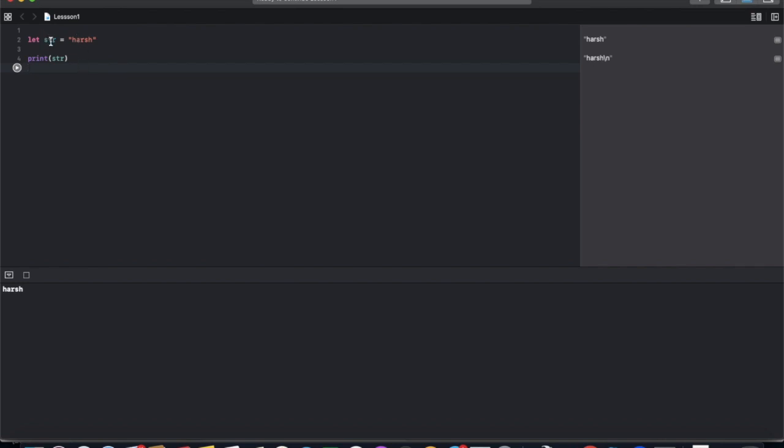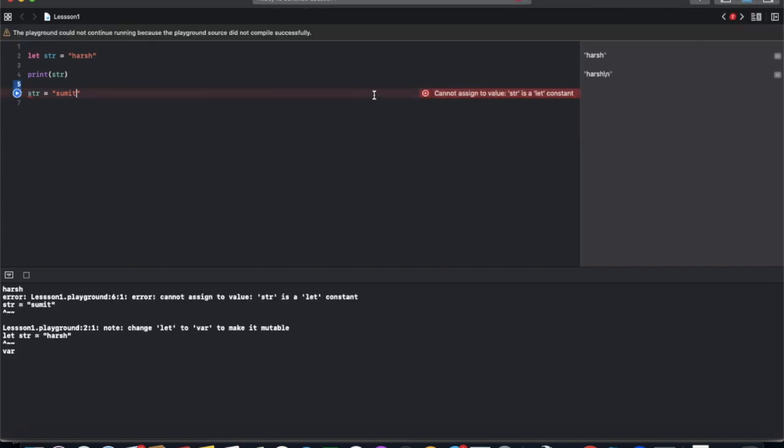Now if we want to change the value of str, we try to change it: str equal to Sumit, and we try to run it. You can see the compiler gives an error, and it is telling us, cannot assign to value: str is a let constant.